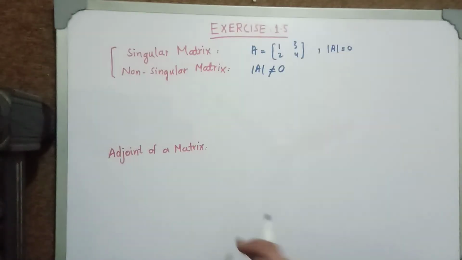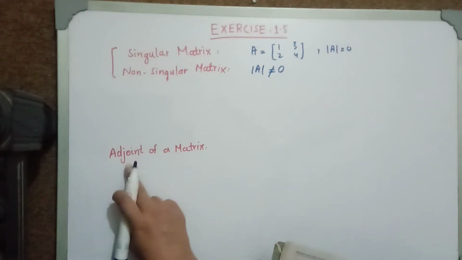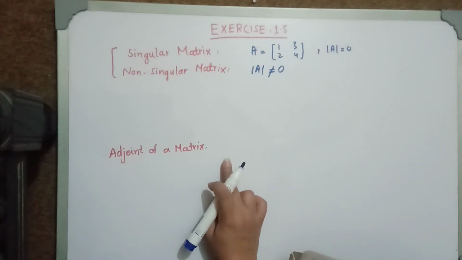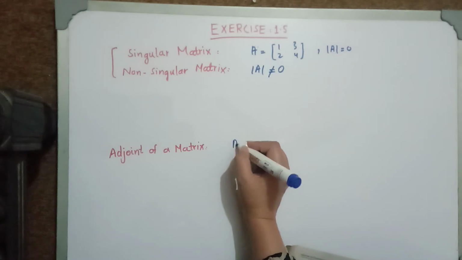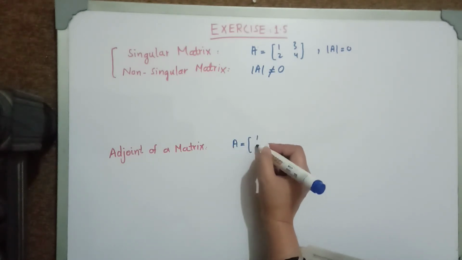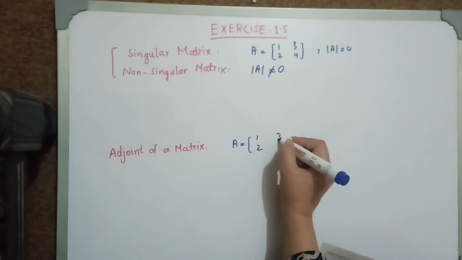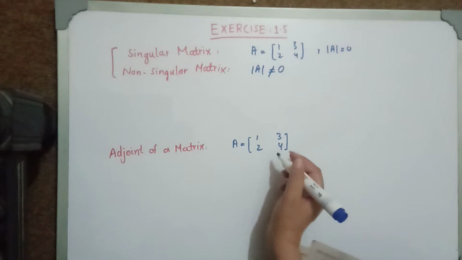Alright. Now the second thing that we will learn in this lecture is the adjoint of a matrix. How do we find the adjoint of a matrix? Let's say I have a matrix A. Let's take the same matrix A, 1, 2, 3, 4. Now to find the adjoint of this matrix, firstly we will